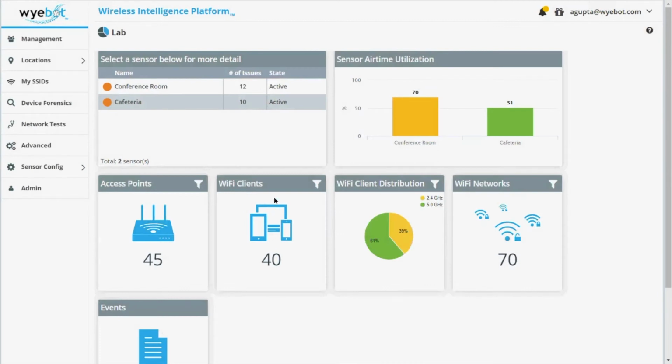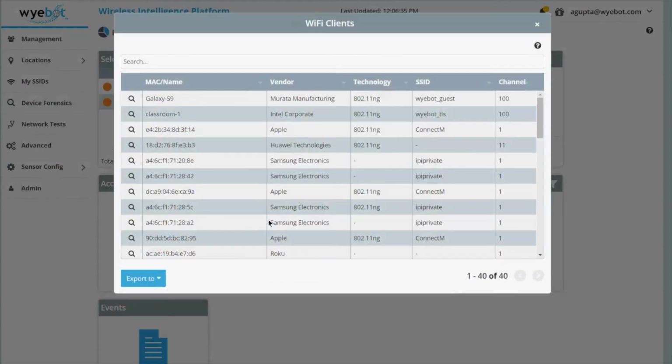At this point, I'll move to the Wi-Fi client style. I'm still at the top level, which is the location level. We will shortly jump into the next level, which is the sensor level, but these tiles essentially provide similar kind of data. So if I click on the Wi-Fi clients over here, you can see that we show,